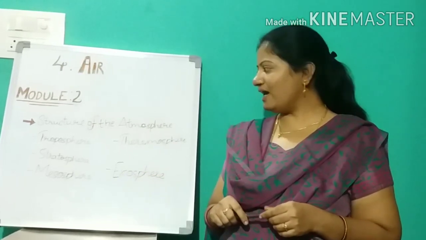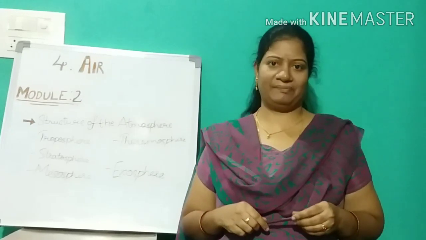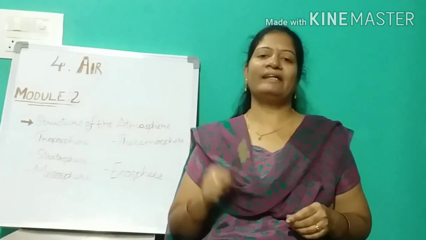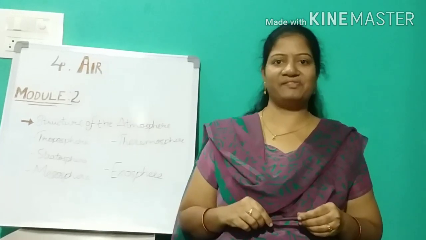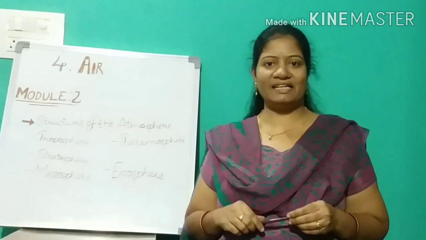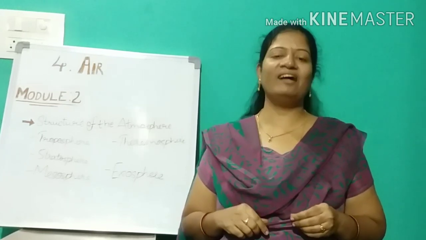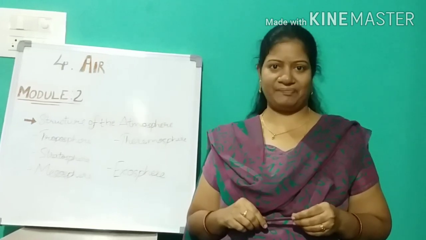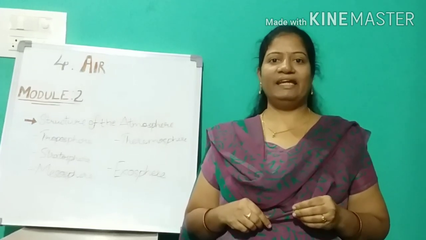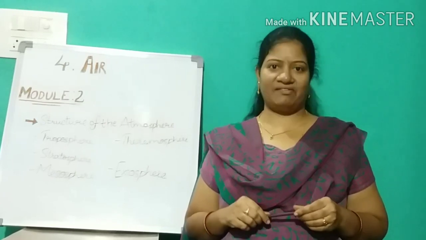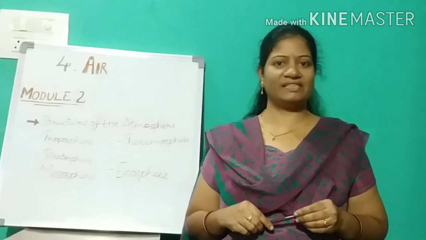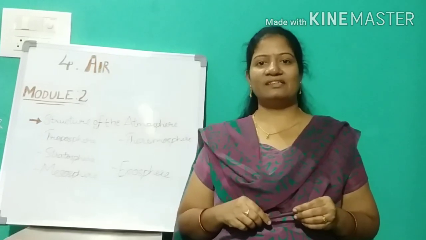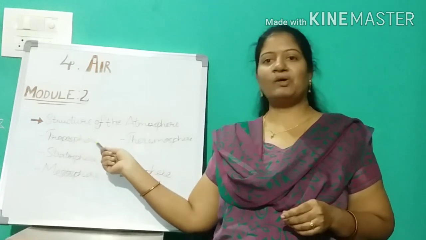In that, the first one is the troposphere. This is the first layer of the atmosphere, and at the same time the densest layer of the atmosphere. It is the lowest layer, the first layer, and the important layer of the atmosphere. In this layer only, oxygen exists, which we need for our daily life, for our survival. Oxygen is compulsory, no? Yesterday also we discussed oxygen. So oxygen exists in the layer of the troposphere.